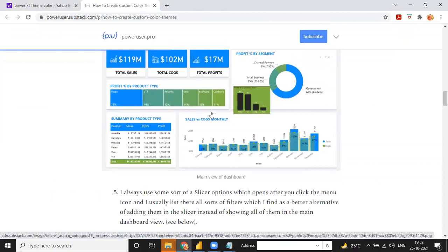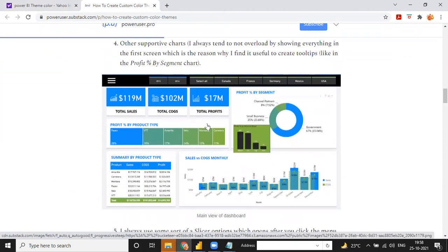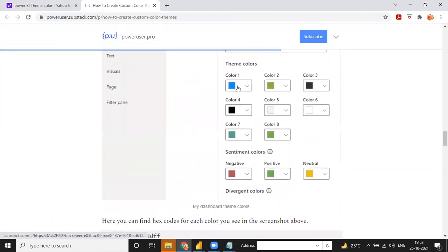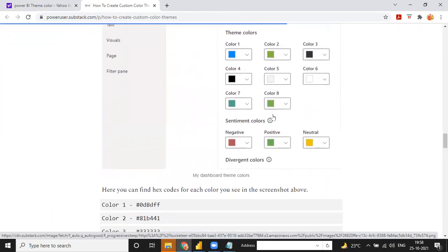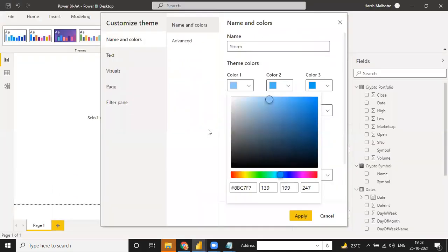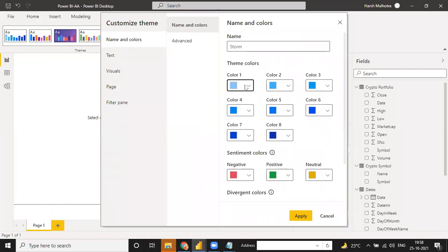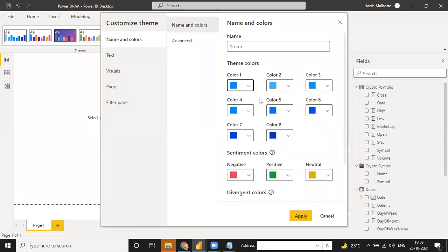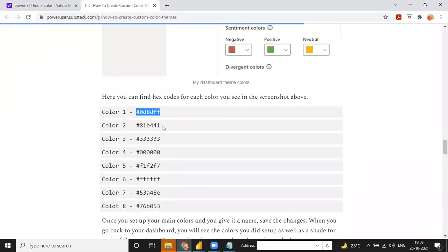If you need this kind of theme, like this presentation, there is a color coding below. You can choose this color, select color one, click on this, paste it and then apply. See, the color is changing. You can do the same for everything.